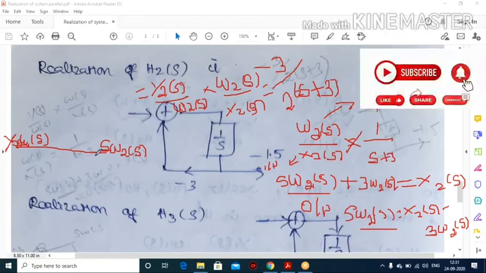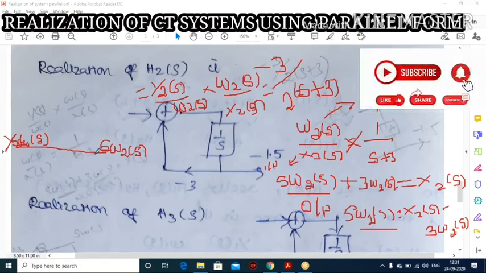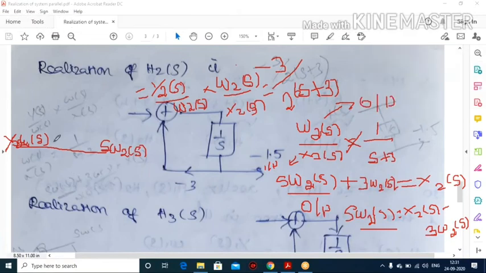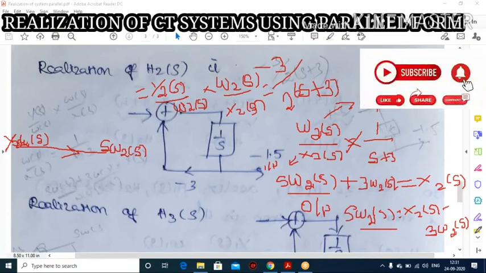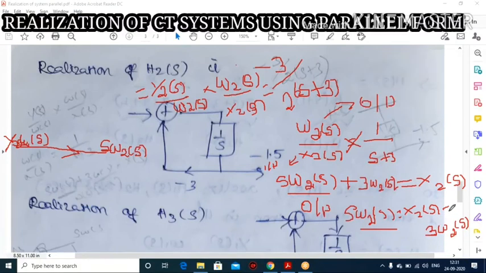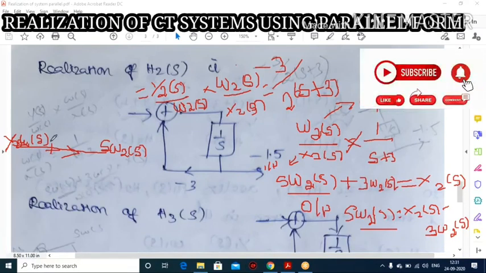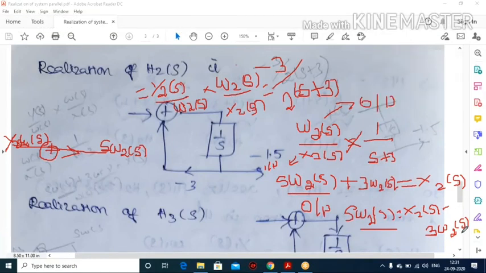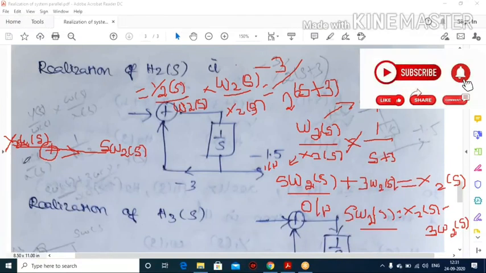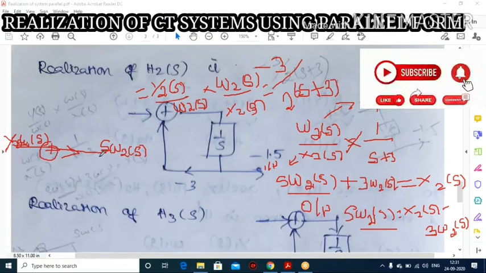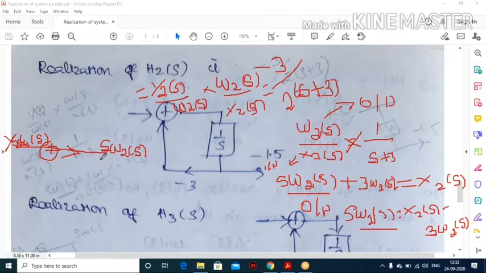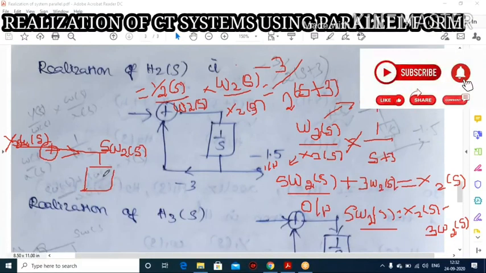Now first you check S into W of S. So keep your point here. In this question, first the signal X2 of S is received directly here. The second thing is minus S into W of S. For that I put an adder block here. Why do I put an adder block? Because here our input is added with another variable, that is the first output also. So I add one adder block here. Now I take a pickup node here and connect one integrator block, that is 1 by S.